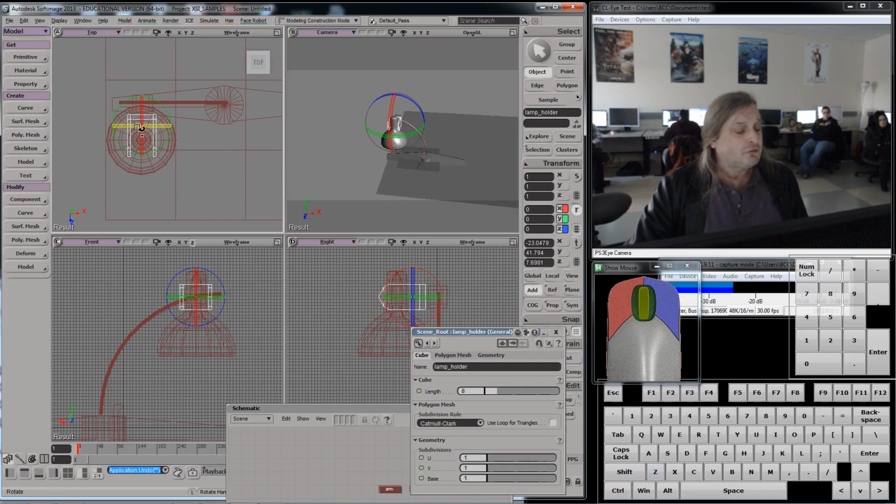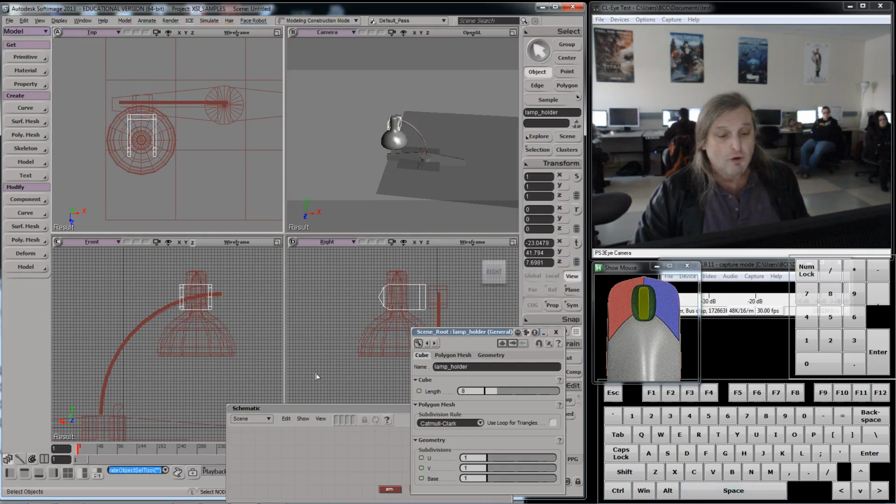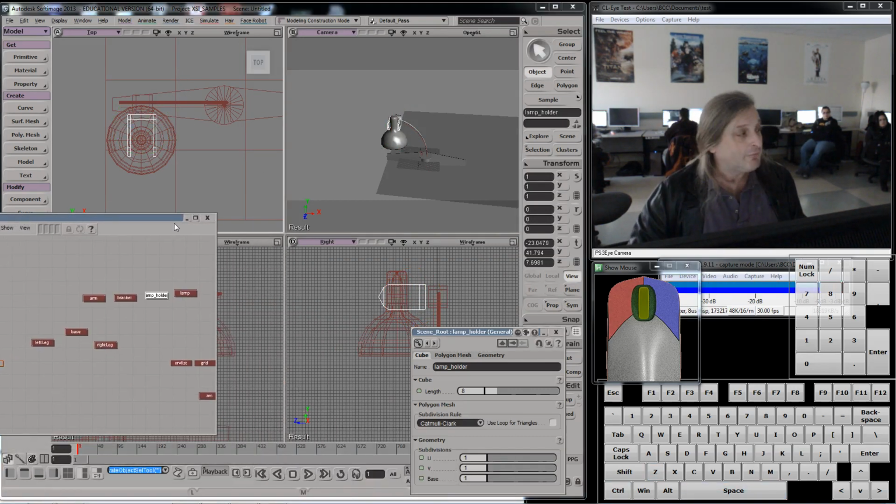I don't want its center point to rotate from there. I want it to rotate from back here. I can move its center point. So this next step will be moving every center point to rotate from the right position, and I'm going to